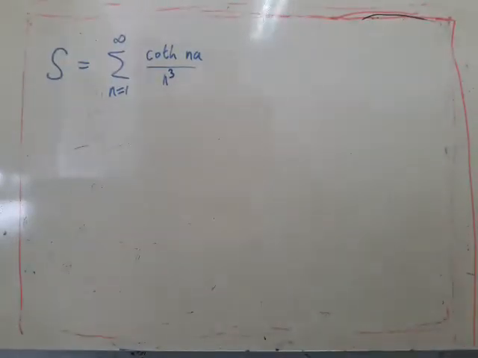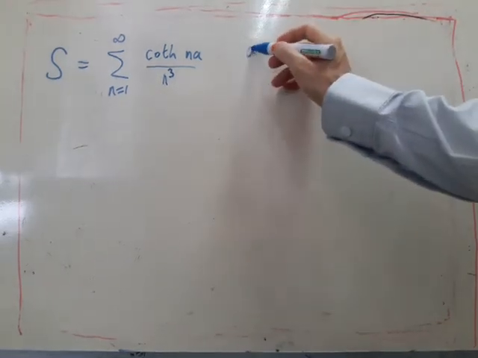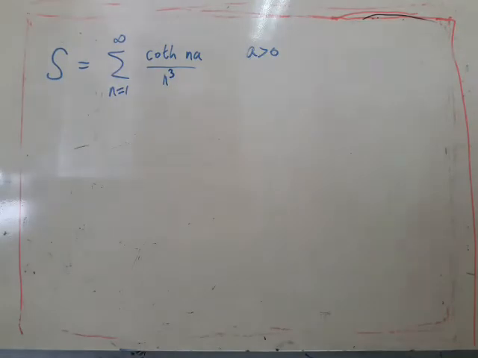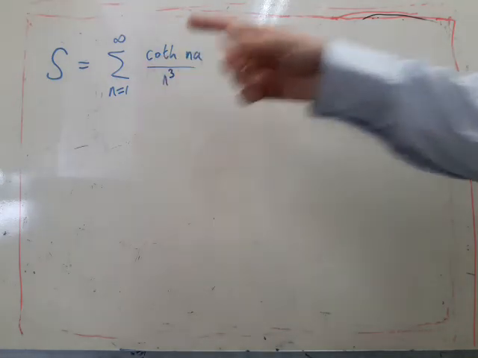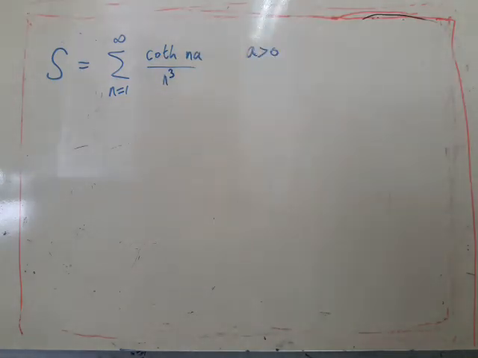So we're asked to consider this sum, where, for convenience, a is greater than 0. The thing about this sum is that our f of n has an infinite number of singularities. So that means that when we use the standard formula for evaluating sums,